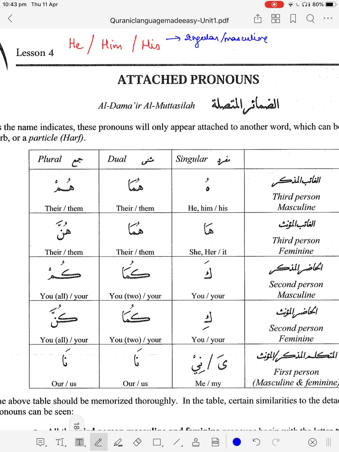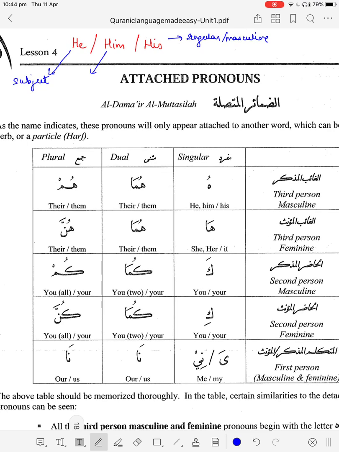So we use he when we want to say that the pronoun stands for a subject. We use him when we want to say that the pronoun is actually working as an object, and we use his when we want to say that the pronoun is actually showing a case of possession,